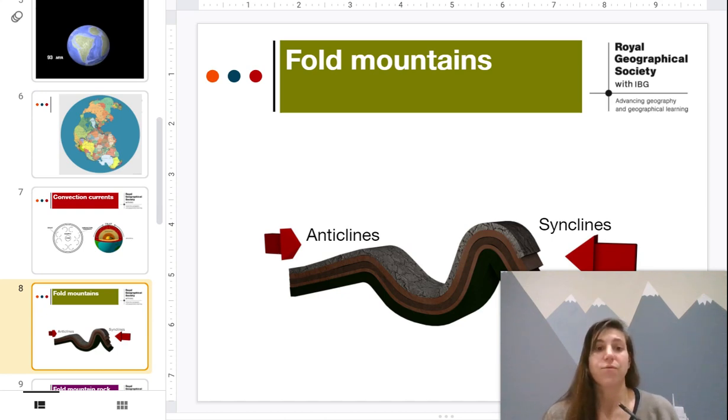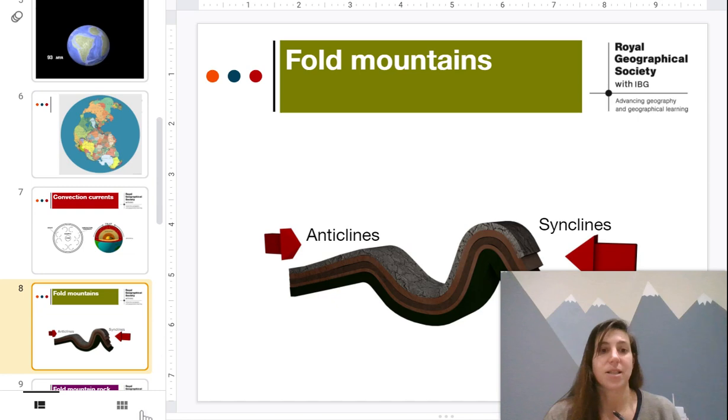So fold mountains were formed millions of years ago. These are the most common type of mountain, and they are formed when two plates move towards each other, and it causes the plates to buckle and push the crust upwards, forming a mountain. You can imagine the towel kind of going bloop. That's a buckle when it did that. An example of that is the Zagros mountains, and also the Himalayas are another good example of a range of fold mountains. They're formed 25 million years ago when the